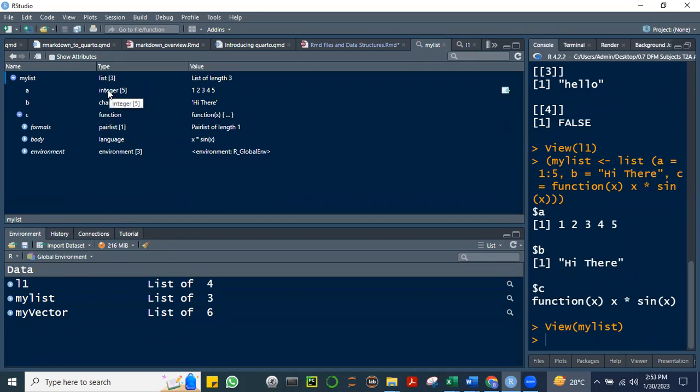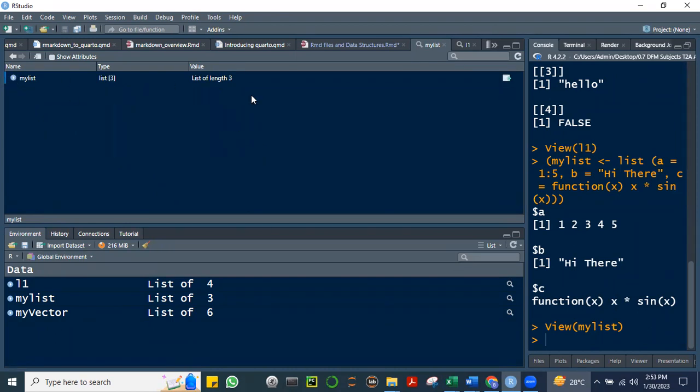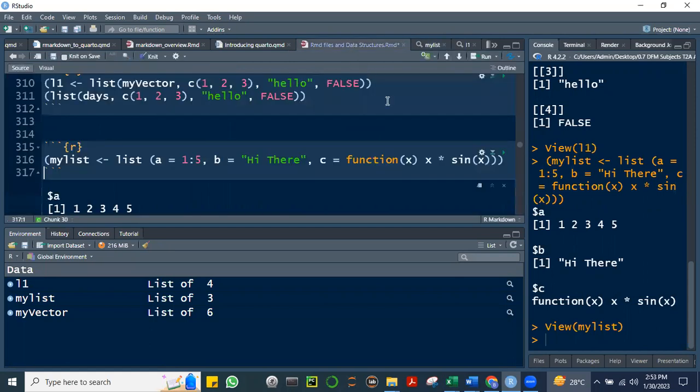Okay, so function is another data structure. Ibang klase naman to. Later on, in the course of this subject, we're going to learn more about functions. We're going to generate functions. Suffice it to say that, okay,